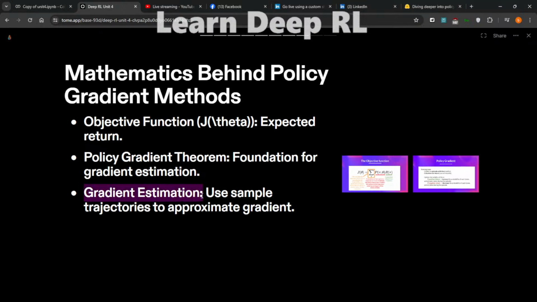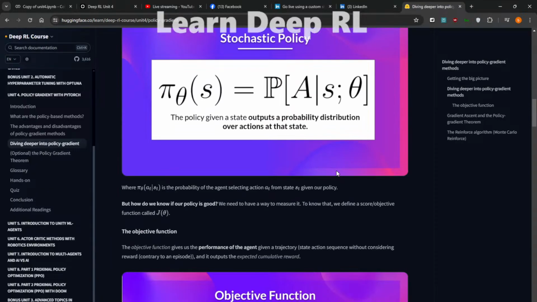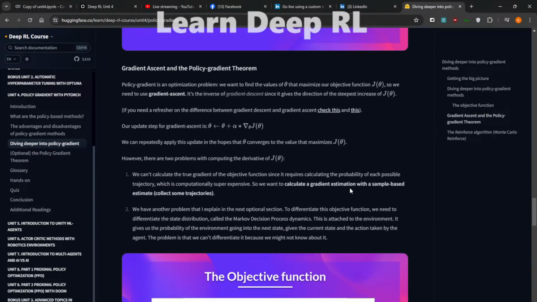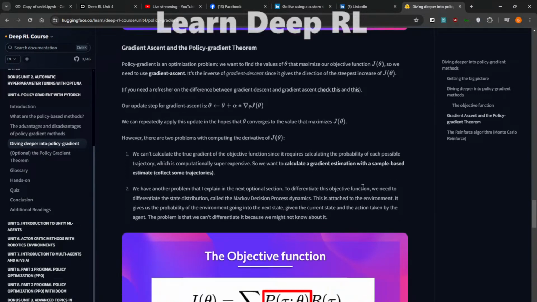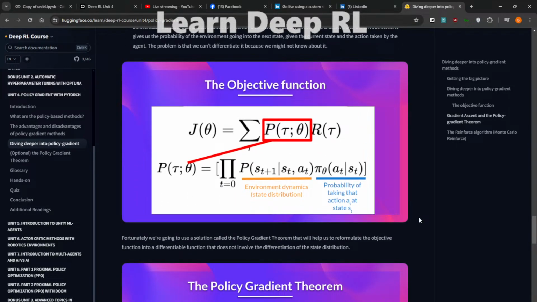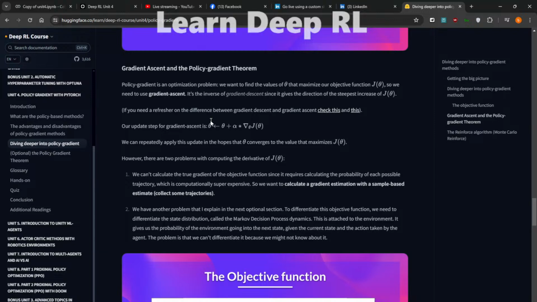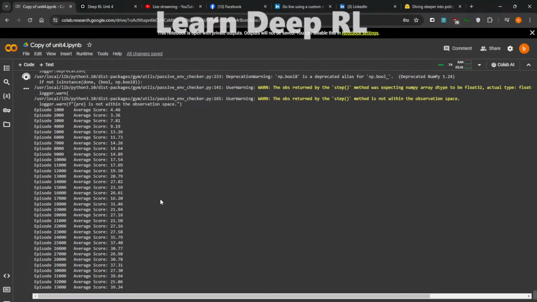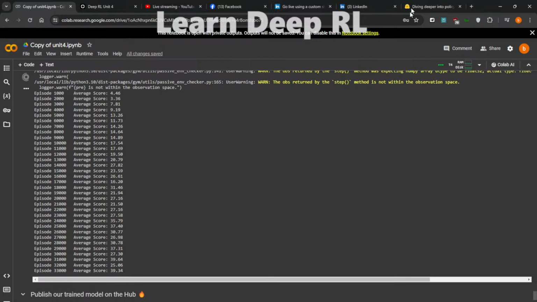And gradient estimation, we use sample trajectories to approximate the gradient. Let's see if I can get it really. This is when it starts to get into the heavy mathematical definitions. And from my experience having worked through, currently finishing up the training run for the last environment, I know